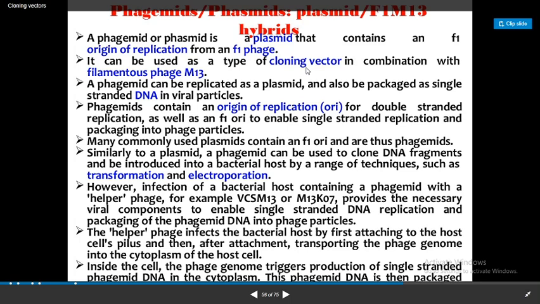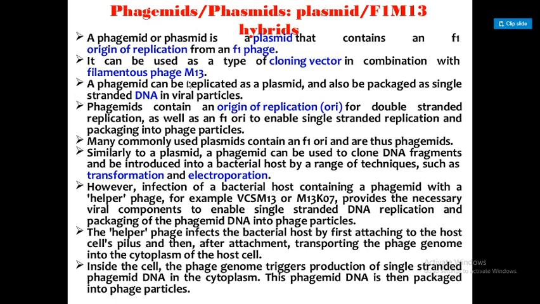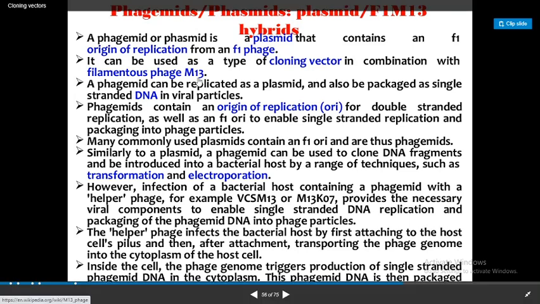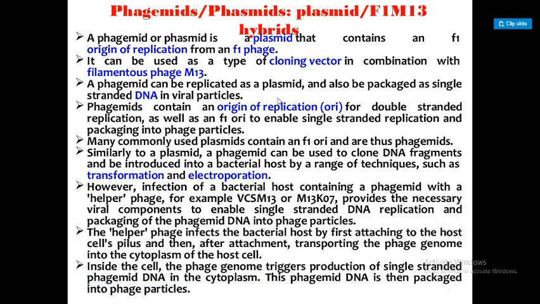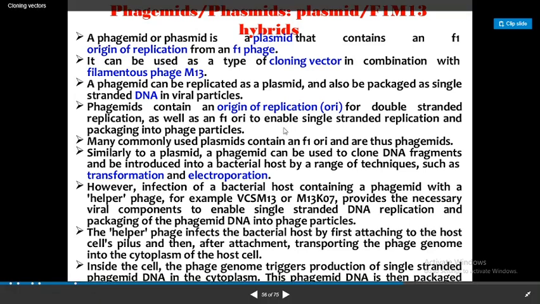It is used as a cloning vector, that everybody knows. Along with this cloning vector, you can see the filamentous phage M13. M13 is made up of what? Single stranded DNA, that I have already told you. Inside the capsid, the viral particle, we can see the DNA as single stranded. So F1 ORI is the origin of replication. For double stranded DNA it is simply ORI. But what about single stranded DNA? We call it F1 ORI. So this is called a phasmid.